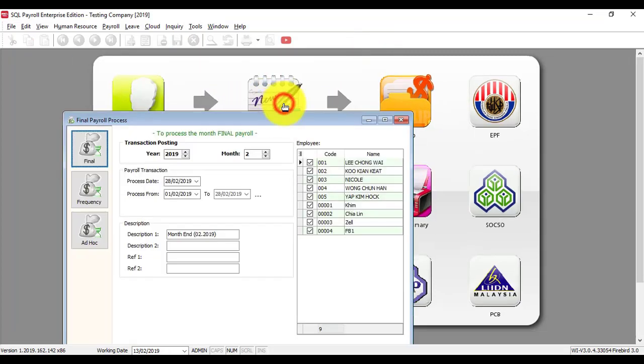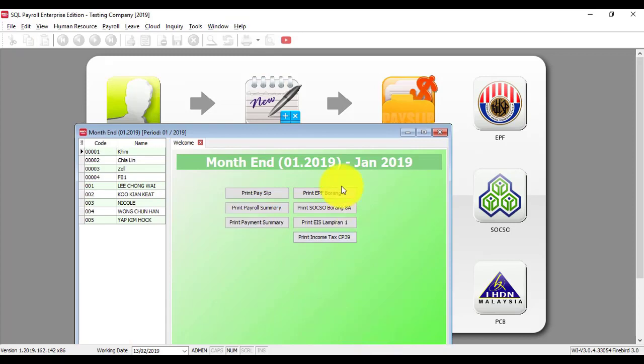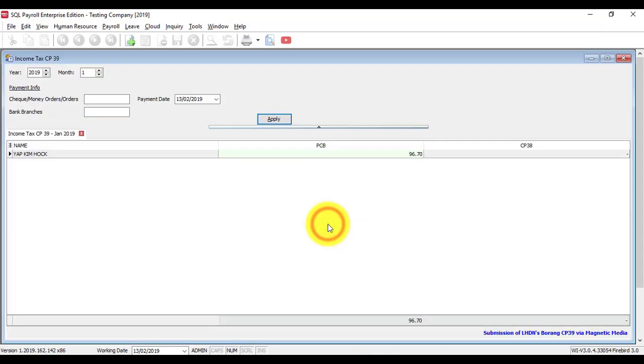Every month, what we need to do is just go to the new payroll. For example, I want to process for January. We go to January, process, and all the information generated. For those who are subject to PCB, it will appear over here. Then what we want to do is just go to the right corner bottom, Submissions for LHDN Borang CP39, go